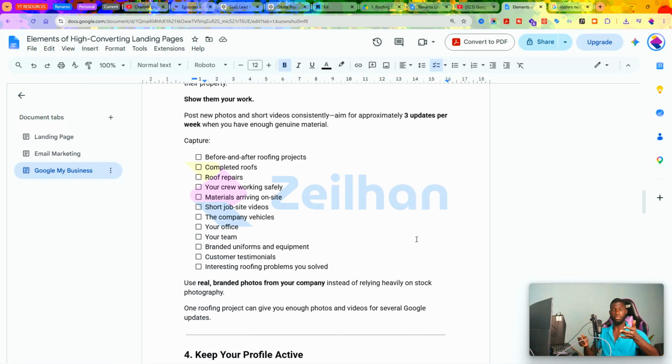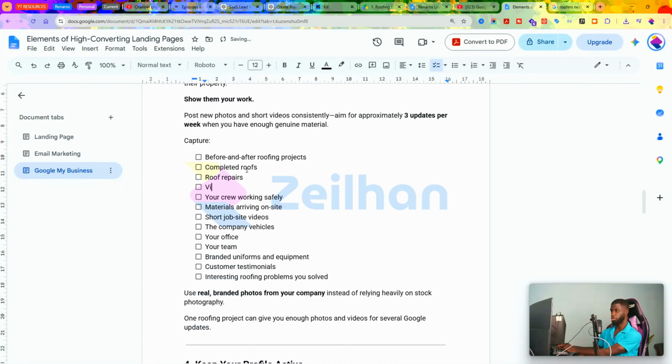This is something that I use in my construction business with my brother to show the work that we've done, not in roofing, but in other services, and it worked amazingly. Show completed reviews, show completed roofs, roof repairs, your crew working safely, not added here, and I think I'll add it. Videos of you doing a roof inspection. So I'm just going to add it right away,